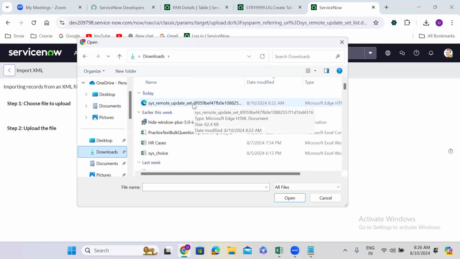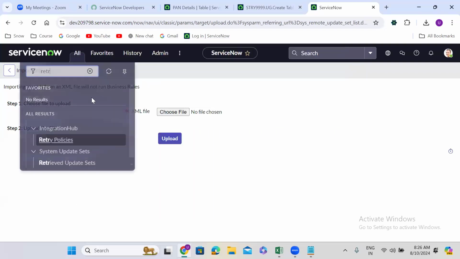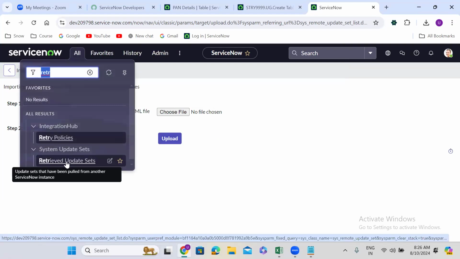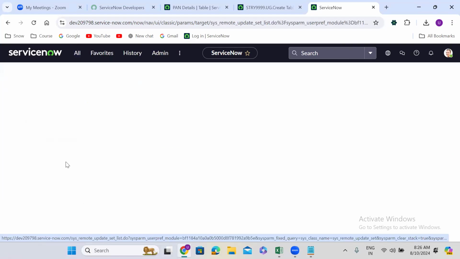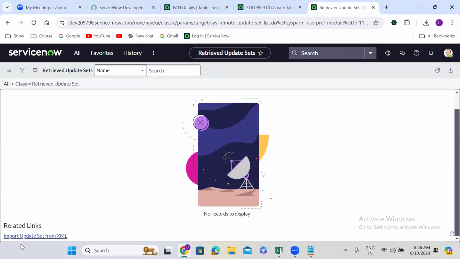Whatever the XML I downloaded in my local computer, I am importing that XML here. Okay. So let me just show you again. You have to go to retrieved update sets. Here you scroll down, you will be able to see import update set from XML,